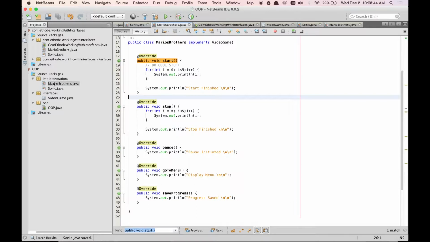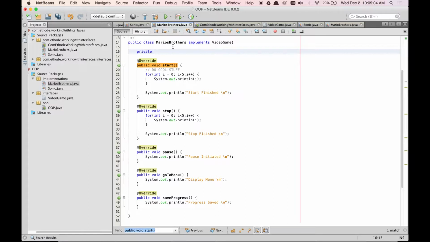And if you look at our Mario Brothers class, very similar setup here. We're in a position where these two can now perform these functions differently, right? So I could say, let's add a method here. So we'll say private string